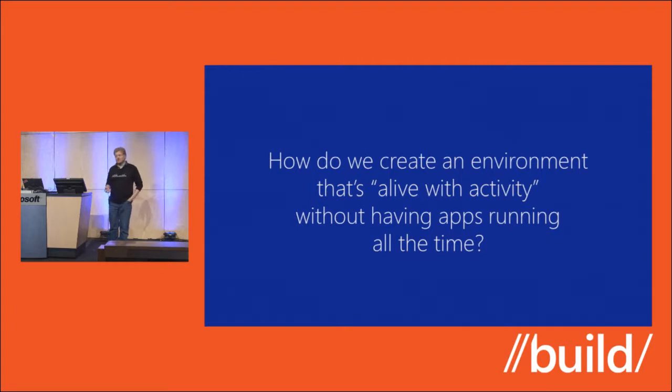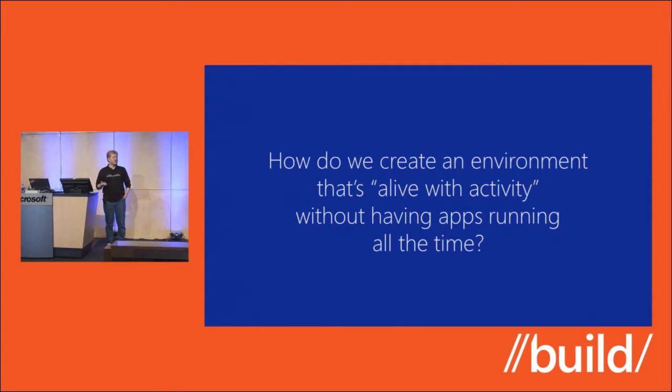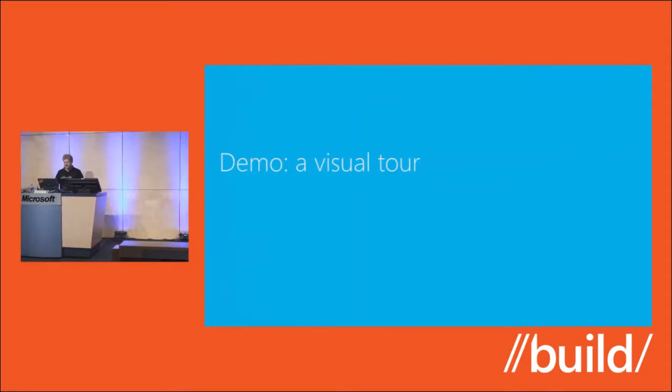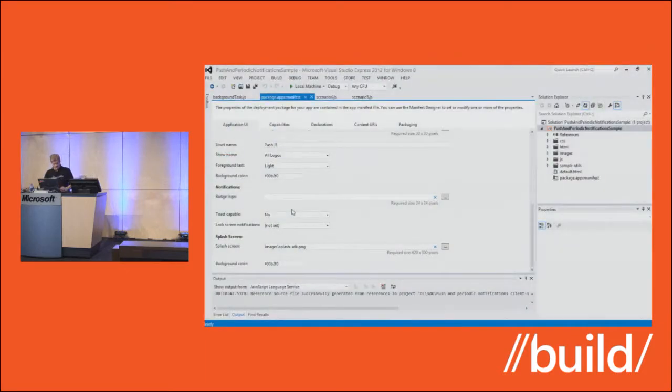This is a really important consideration because if you're trying to optimize for battery life, which we're doing in a mobile environment, we don't want all this activity to come at the cost of app code just running and running all the time. We can make a very alive system by letting apps run all the time, but we're going to get 1 to 2 hours of battery life out of that. So a lot of what we're going to be seeing is how we do this without having those apps actually have to be running. So let's take a quick visual tour and switch over to my demo machine here